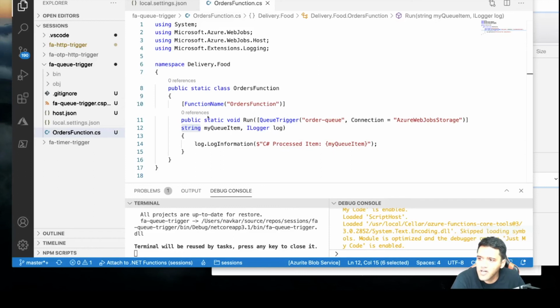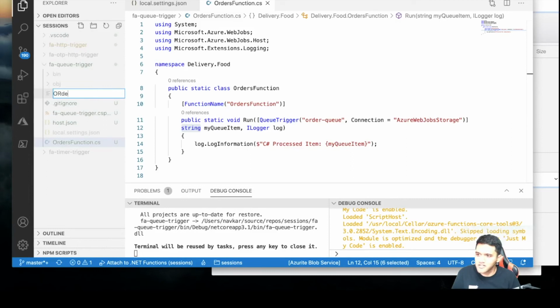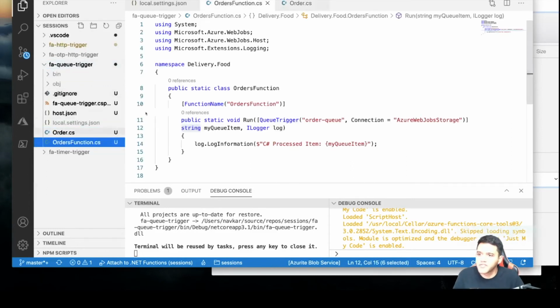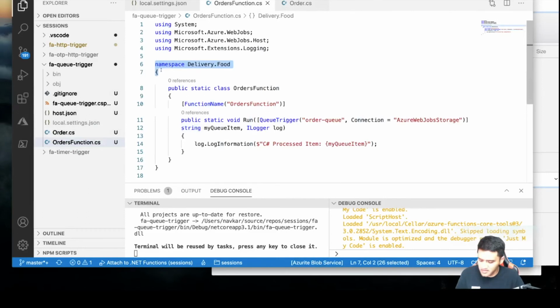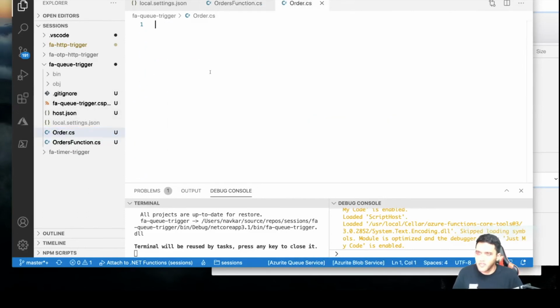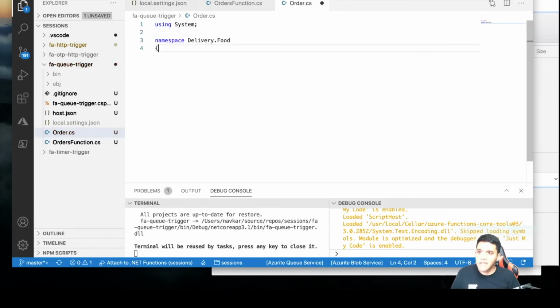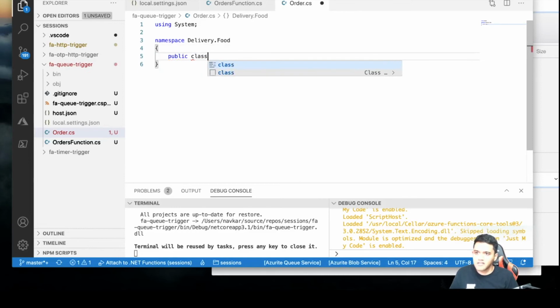In the real world, you would have an object called order instead of the string queue item. So let's create an order object. Let's create a new file. Let's call it order.cs, and let's put a namespace to it. Let's use the same namespace here. I'm going to use using System. I'm going to add the namespace, and I'm going to create a class called Order, public class Order,